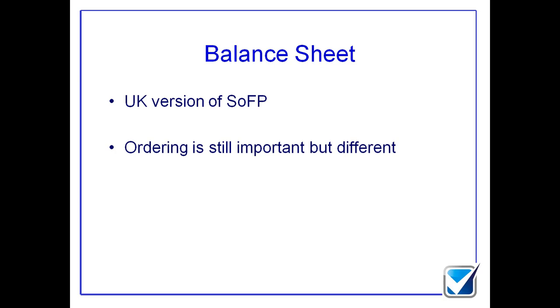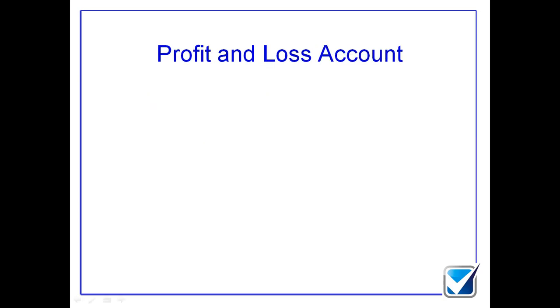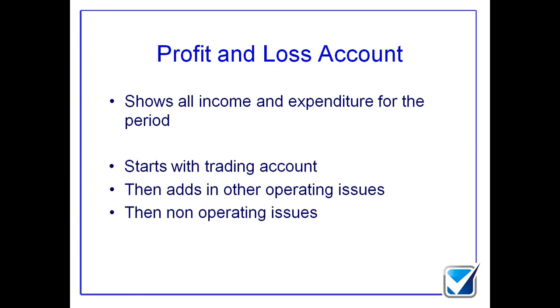Okay? The profit and loss account, there is an international version and a UK version. The great thing about the profit and loss account is it's basically the same. So UK version or international version, I care not. They are basically the same ordering. And what happens here is we look at our core trading activities. These core trading activities will give me what we call our gross profit. So the core trading activities will be sales or turnover or revenue, same thing, just different phrases. So sales or turnover or revenue minus cost of sales. That gives me my gross profit.